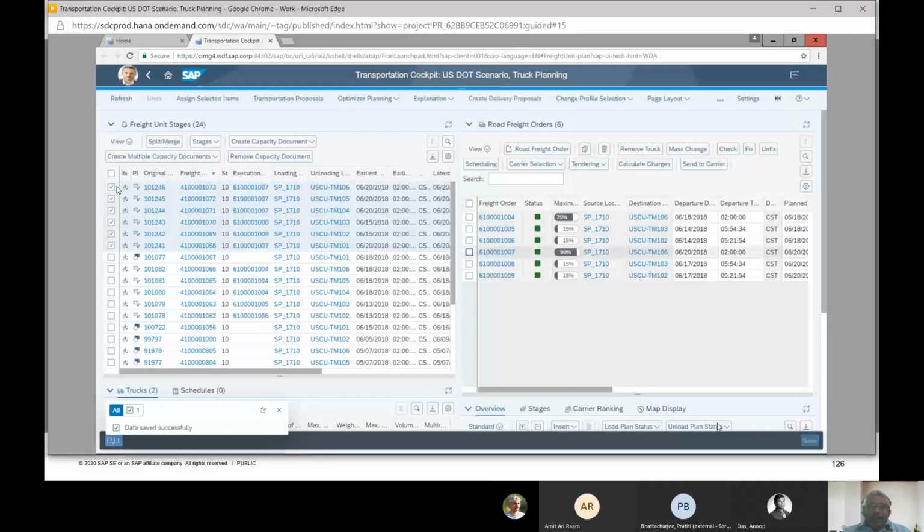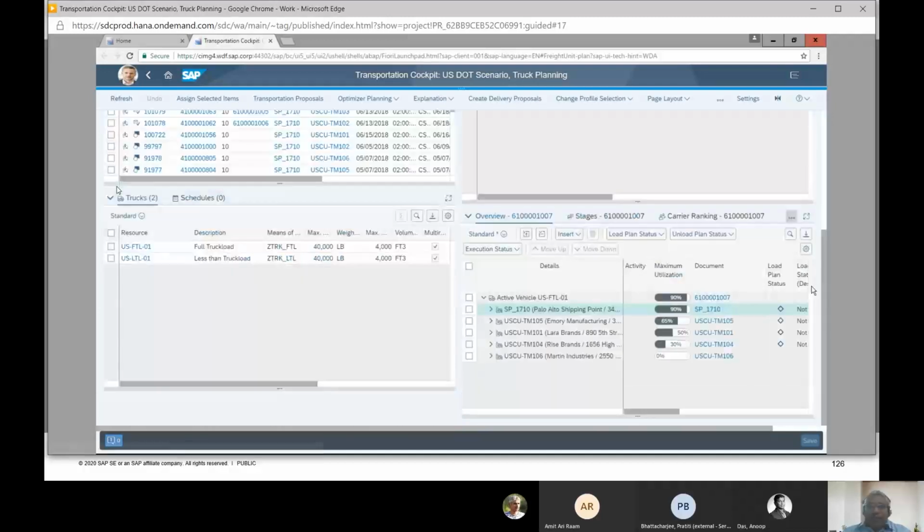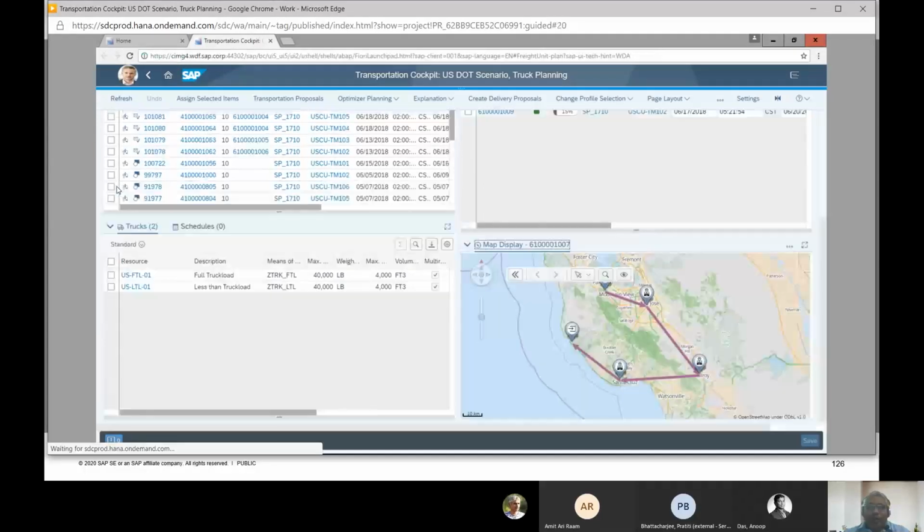Now I save. The system gives me 3 freight orders which have been created, of which 90% is the maximum utilization capacity that I had planned for these orders. I select this particular freight order, then I scroll down. Based on the optimizer, the system is trying to give me an optimized route which I can view in my map.